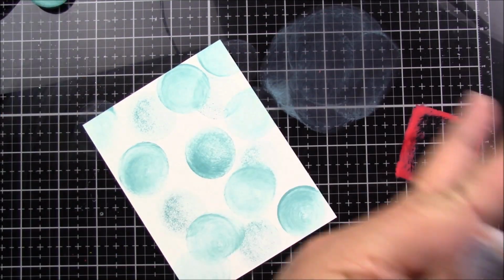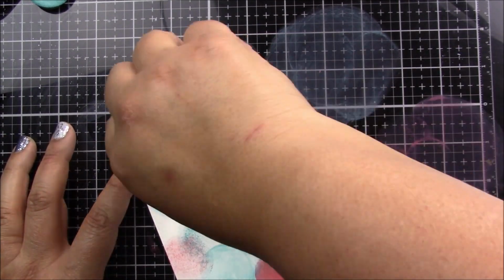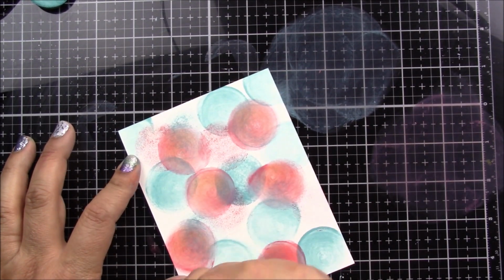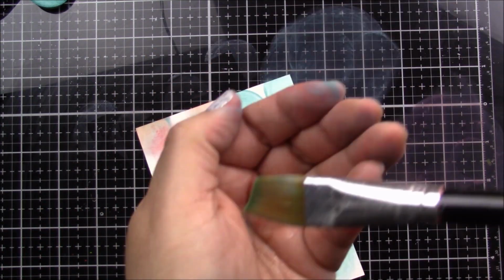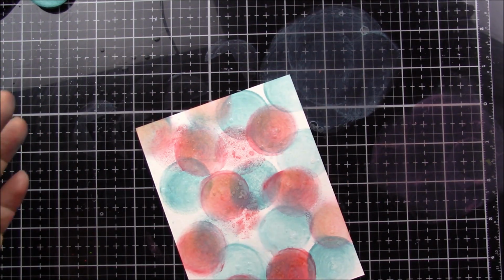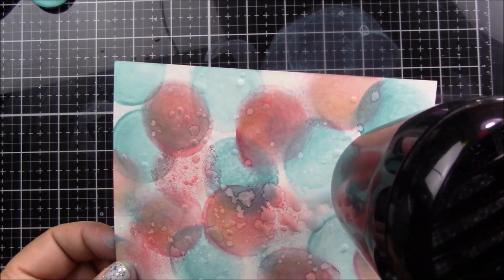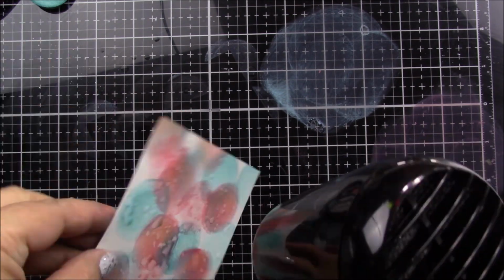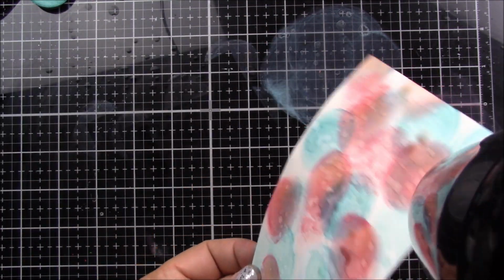the mat. For this technique, I'm just applying very lightly one set of circles, and then the next set I kind of twist the sponge on the paper to create a darker circle. So I really like how this looked, and especially after adding water, it created even more speckles and different patterns